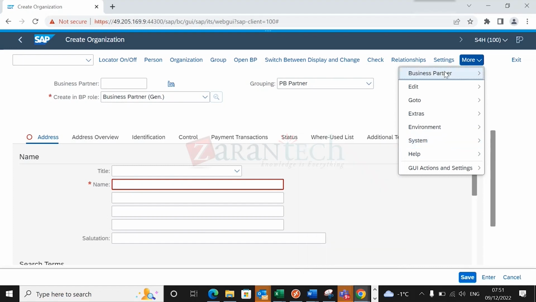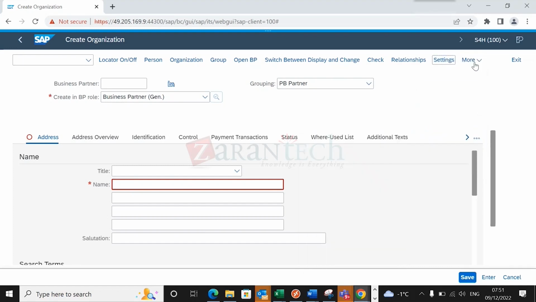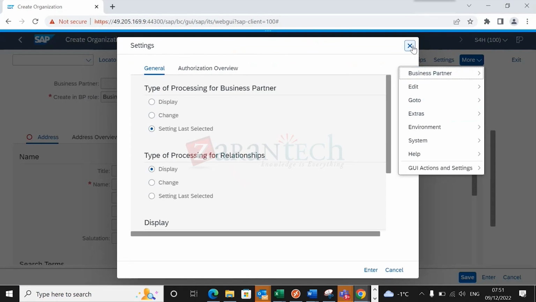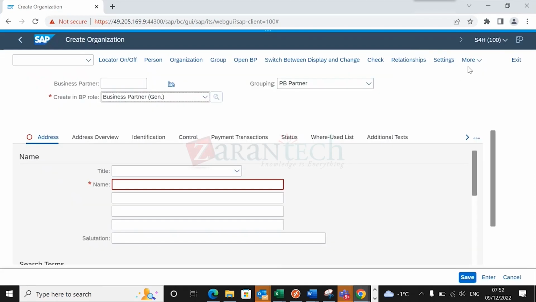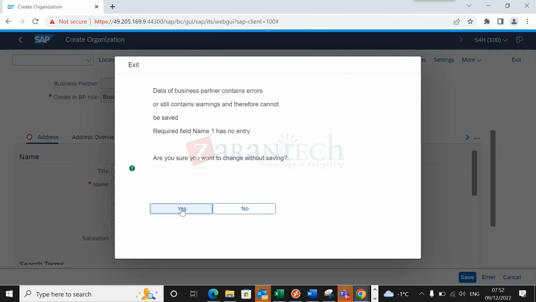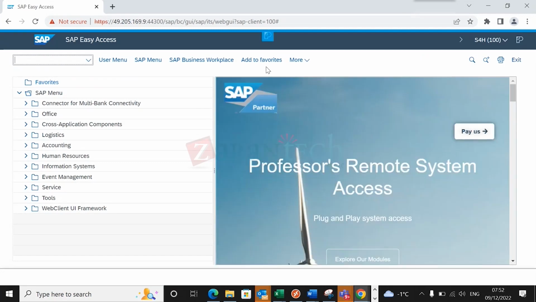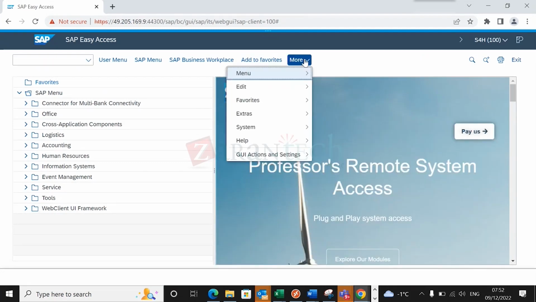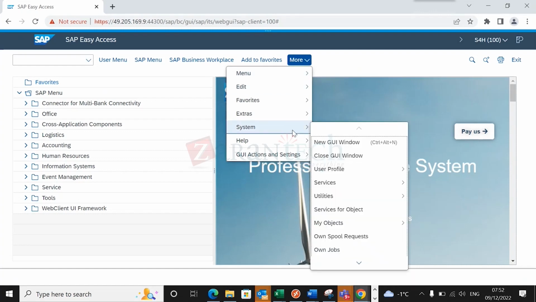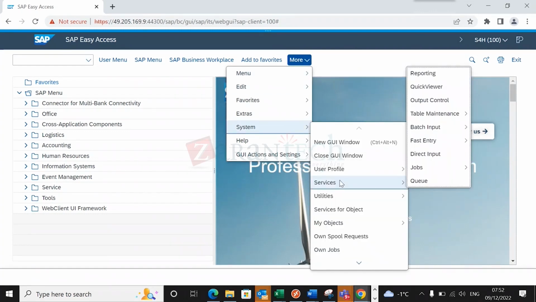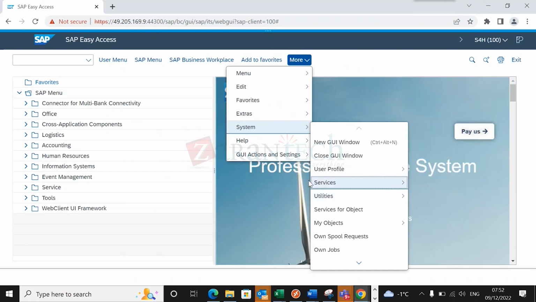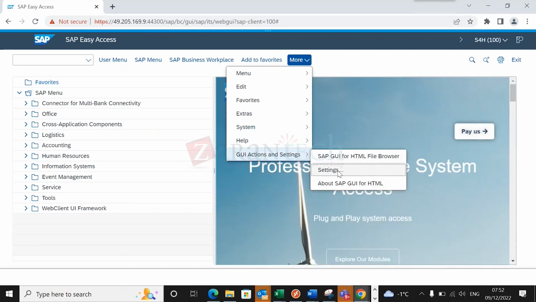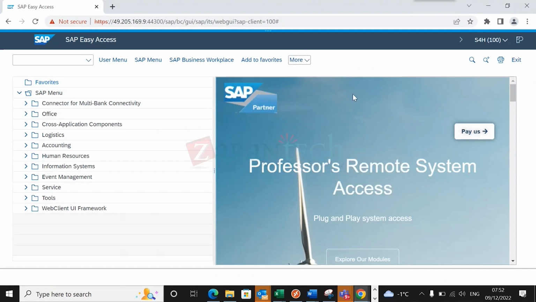Yesterday you told me some settings to have. Those are technical, already active, but yeah, let's go to the initial screen, please. Okay, here go to the settings, the last one, GUI actions and settings. No, GUI actions and settings. Yep, then settings. Then you go to